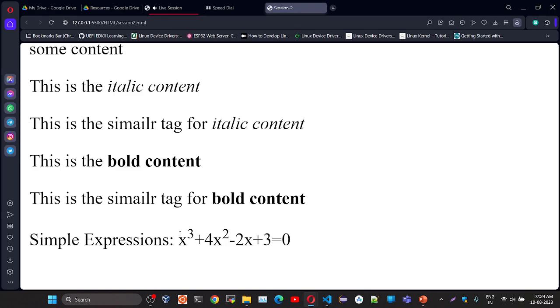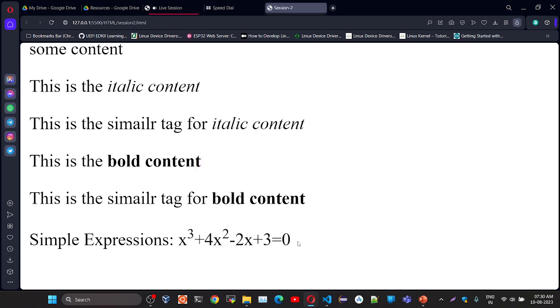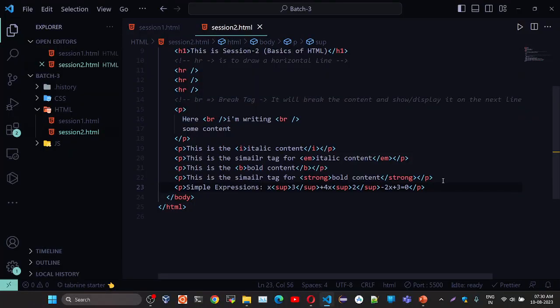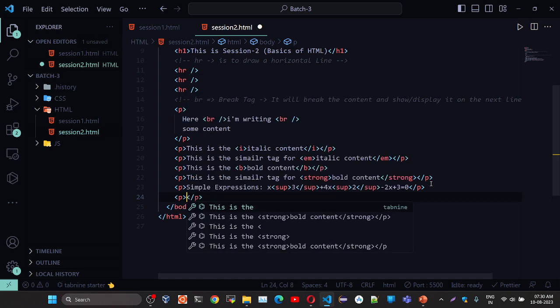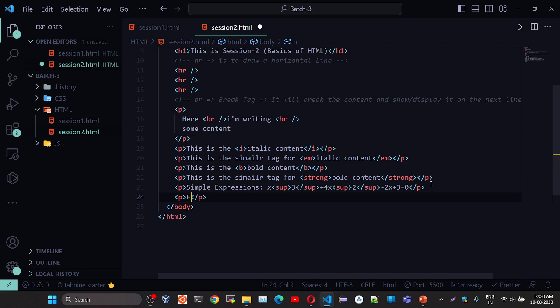Now you can see the difference. X cube plus 4x square minus 2x plus 3 equals to 0. Now we are able to understand, right? When it is in the power, now we can read that properly. Similar to this, if I want to write some chemical formula,